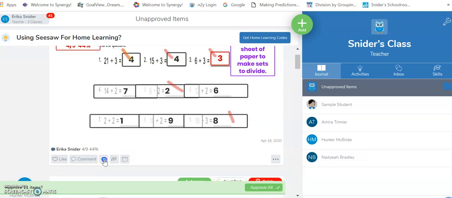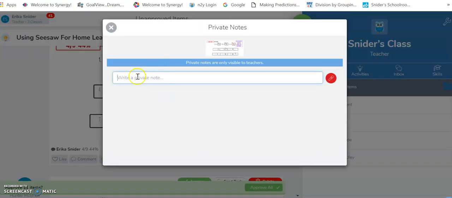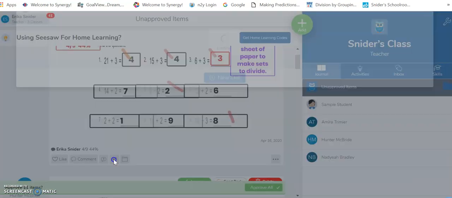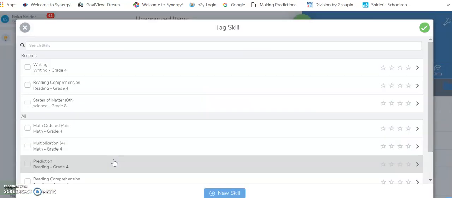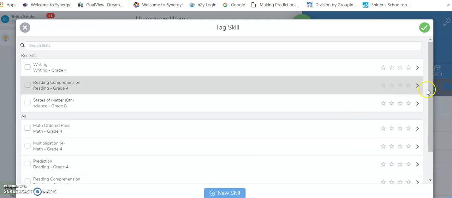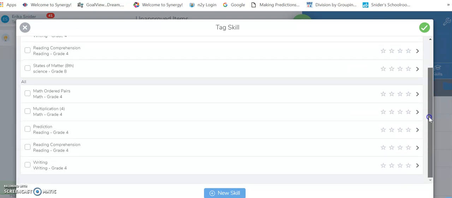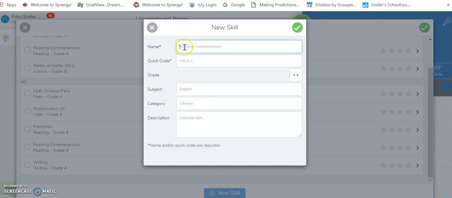Then I can make private notes. You know, if you notice things that students are doing, or you just want to make a private note, you can do that. You can also record it. But here is where you will tag your skills so that you know what skill they were working on. And so for this one, this is a math skill, but it is an IEP skill. So I don't have that yet. So I want to say division,